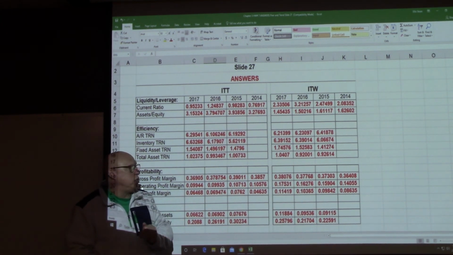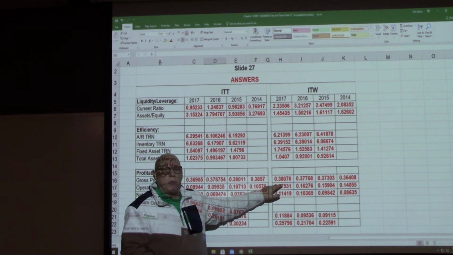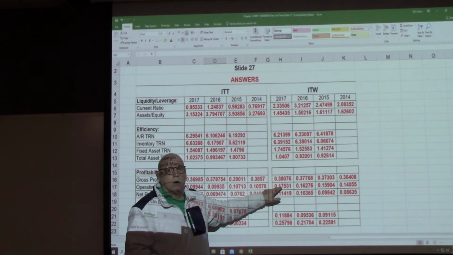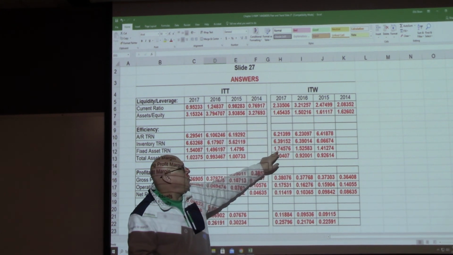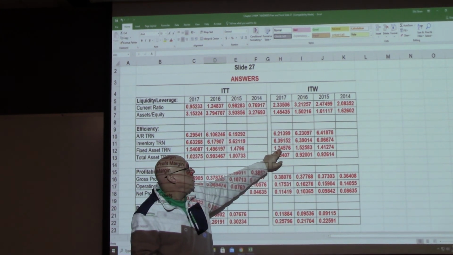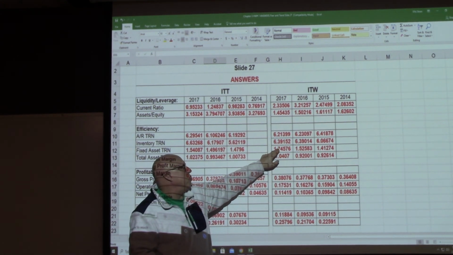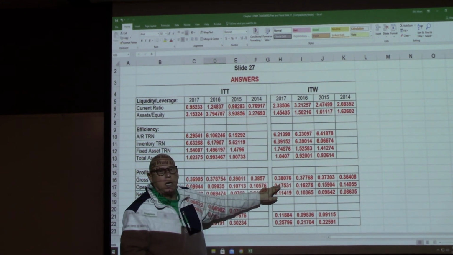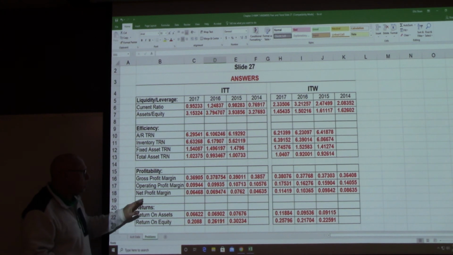So it's depreciation and SG&A, and we know what SG&A is. That is administrative, non-production overhead or labor costs, and depreciation, which is related to property, plant, and equipment. And they are running a higher fixed asset turnover ratio, which indicates that they're generating a little more sales, and their depreciation expense as a percentage of sales is lower. So that explains that. Net profit margin,